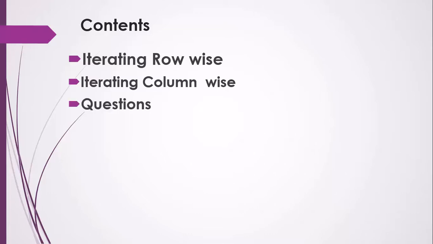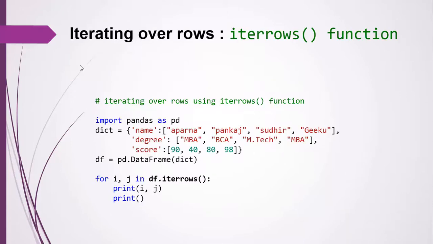So let's start. To iterate over rows, we have the data frame's iterrows method, which gives you horizontal subsets. That is, it gives you the row label and a series of values in a particular row. So now you can say that for i, j in df.iterrows gives you the first row, and then the next time it will give you the second row and then the third row. So let us check this in our code.